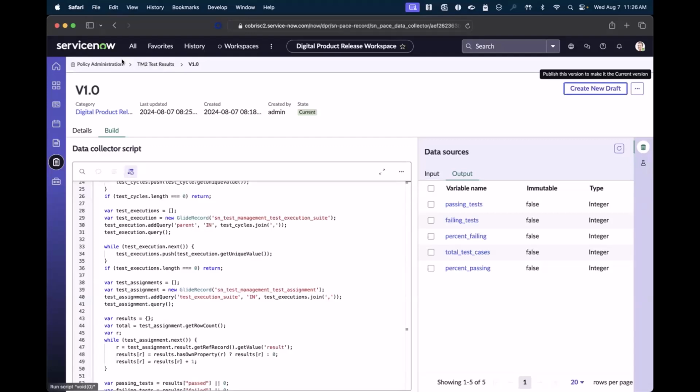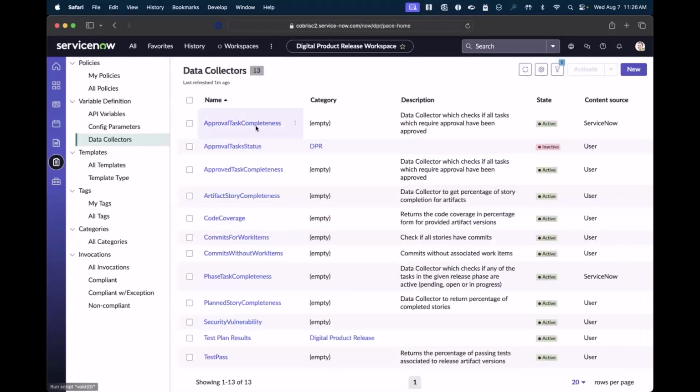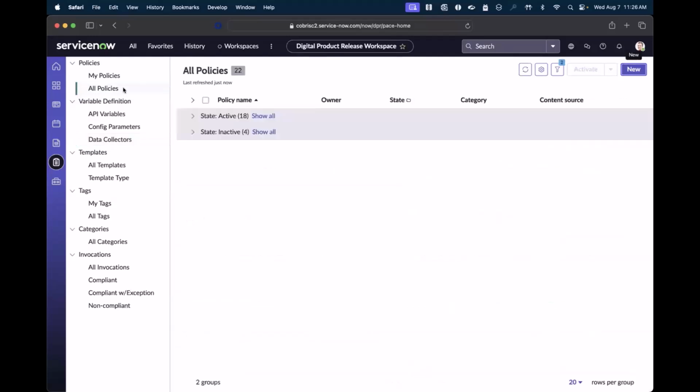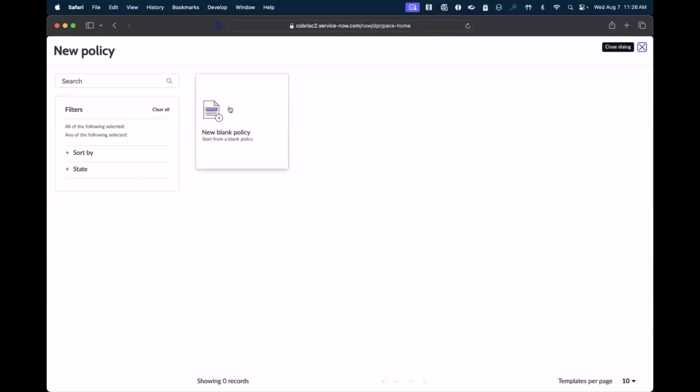Okay, perfect. So I now have a data collector. Now I want to use that in our policies. So I'm going to go to policies, and I'm going to create a new policy. Depending on a variety of things, because Pace has different templates in place, you might see a screen that has more options here. I just start with a blank policy,